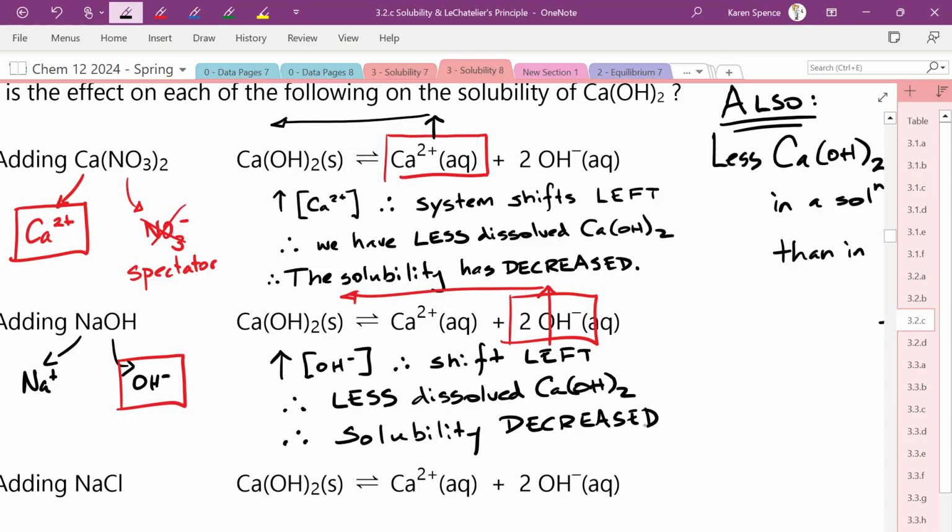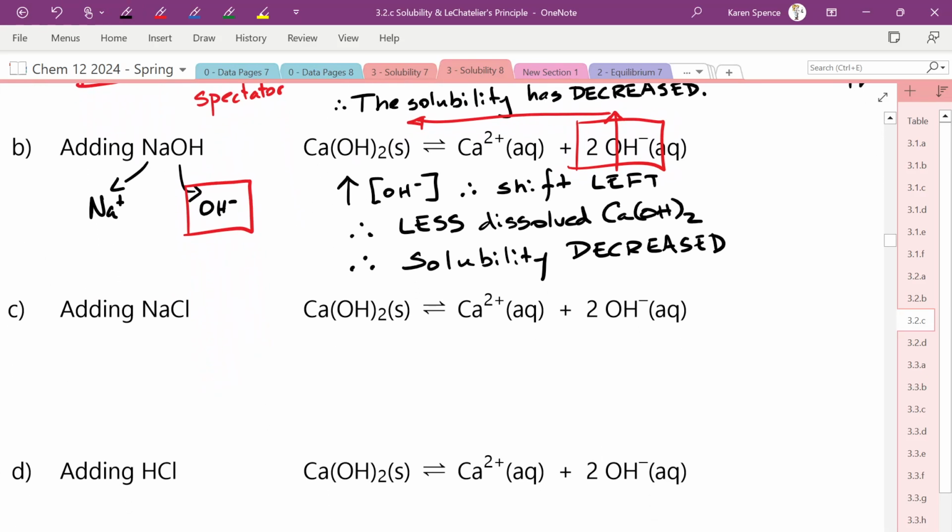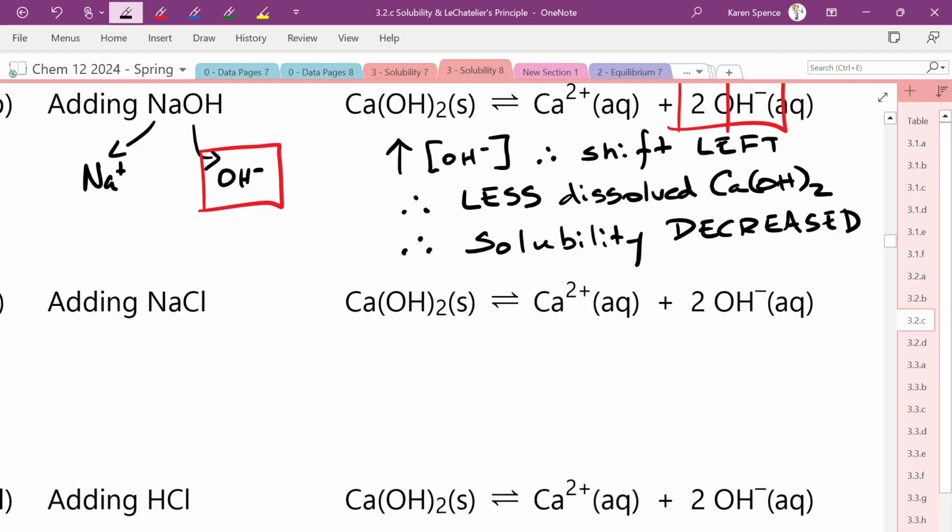Now, you guys are going to need to think for a moment on this next one. This one's a little trickier. Is there going to be any effect? That's a great question, Dorsa. It's a wonderful question. What is NaCl going to do to this system? Does Na react with OH? No. Does Cl react with Ca? No. No. So, Na plus, whoa, that's crazy, and